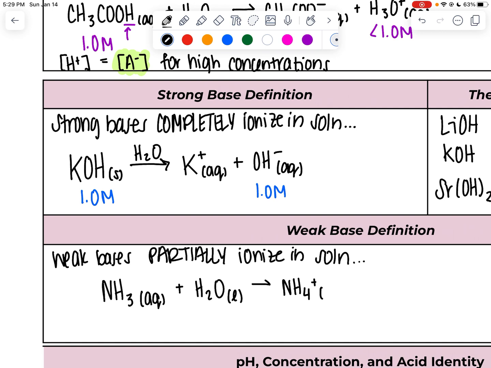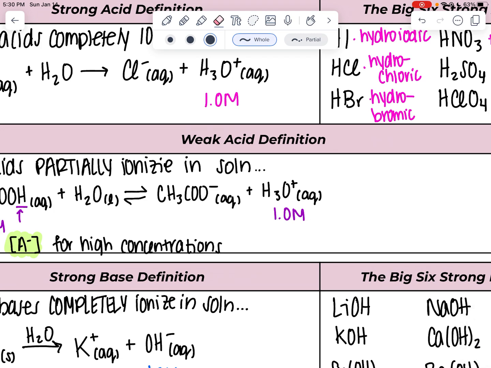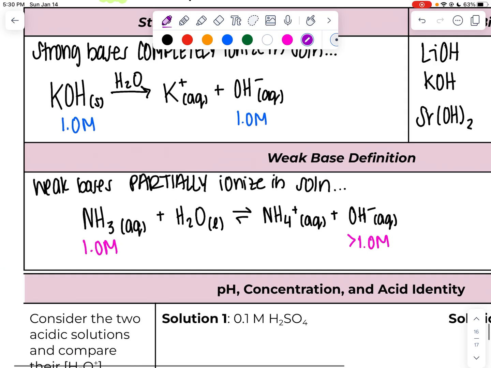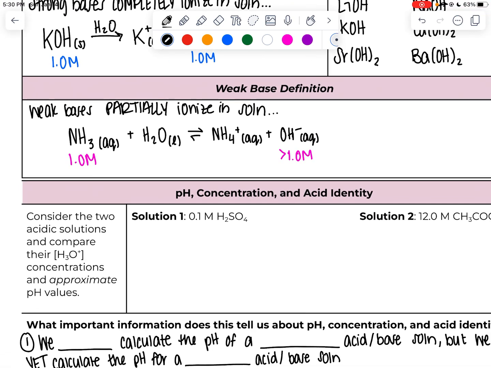So some of it is going to form the ammonium ion, and some of it is going to form the hydroxide ion when this thing partially dissociates, but this can go back the other way in an equilibrium system. So if you had a 1 molar solution of ammonia, you will have a less than 1 molar solution of hydroxide. Oh, wait a second. Hold on. I'm realizing I wrote my alligator the wrong way in this one. You will have a less than 1 molar. Caught myself the last minute. All right, so